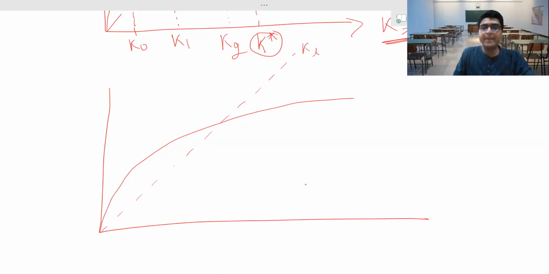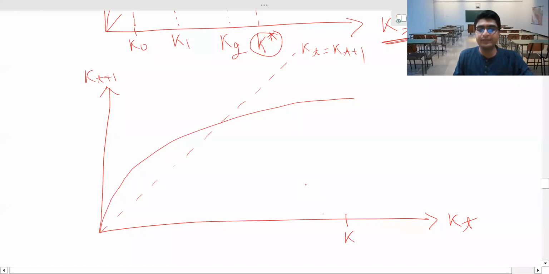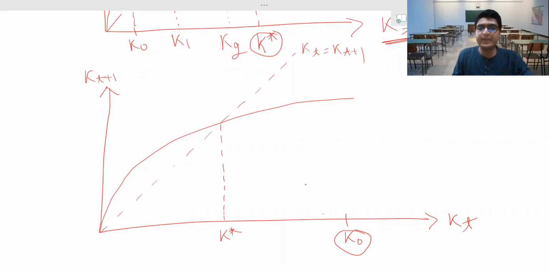So this is my cap, this is Kt equal to Kt plus 1. On the x axis we have Kt, on the y axis we have Kt plus 1. Now suppose K0 is somewhere to the right of this K star. अगर मैं वहां से स्टार्ट कर रहा हूं, if I am starting with too much capital, तो अब K1 मुझे मिलेगा कैपिटल एक्यूमुलेशन इक्वेशन से, राइट? ये ग्राफ मैंने क्रिएट किया है लॉ ऑफ मोशन के लिए। Now this will give me K1. ओके, K1 आ गया, K1 अब मुझे वापस एक्सेस पे चाहिए ताकि मैं K2 चेक कर पाऊं।